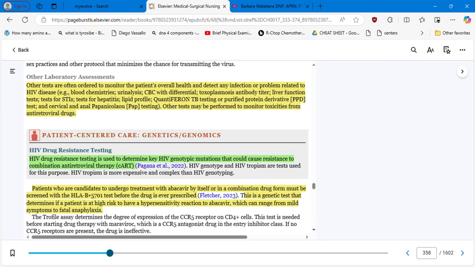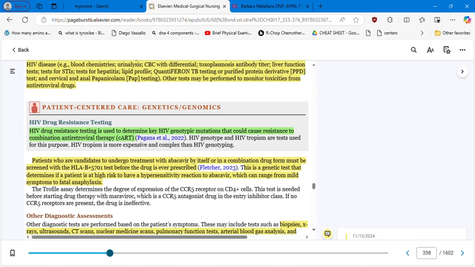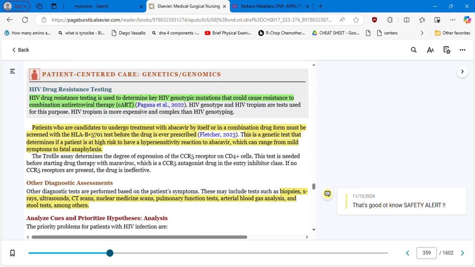toxoplasmosis antibody titer, right? Remember, that is one of the opportunistic infections, so they are going to check these. Liver function test, STI test, test for hepatitis, lipid profile, QuantiFERON TB and PPD, and cervical and anal Papanicolaou testing. So other tests may be performed to monitor toxicities from antiretroviral drugs. So then, in terms of genetics and genomics,